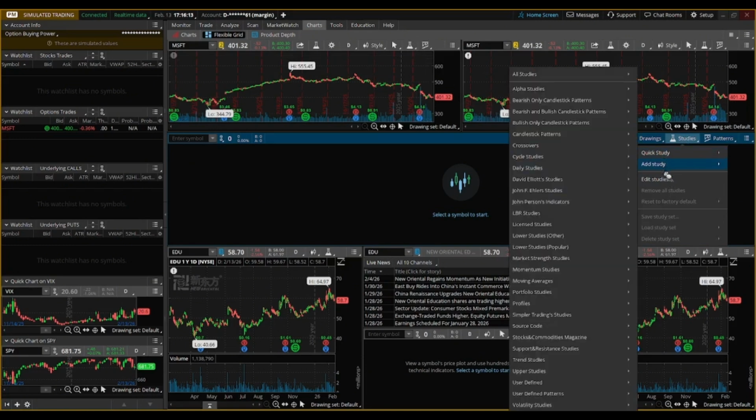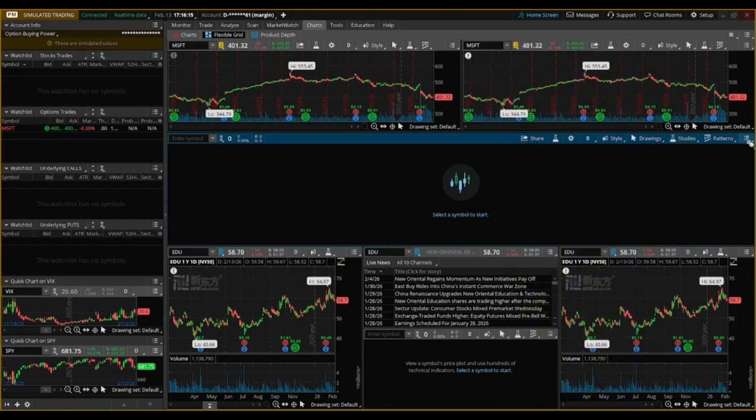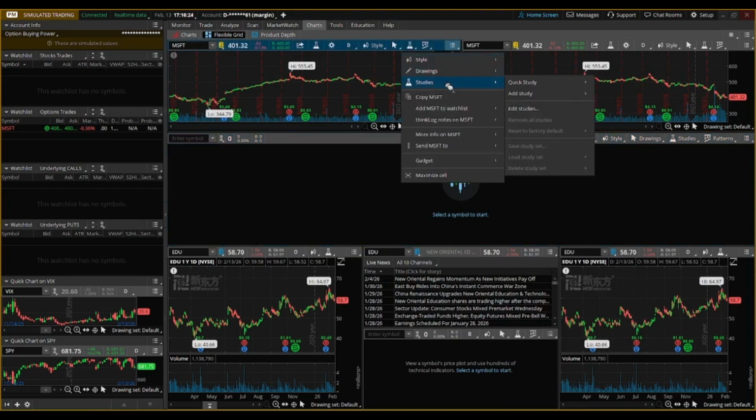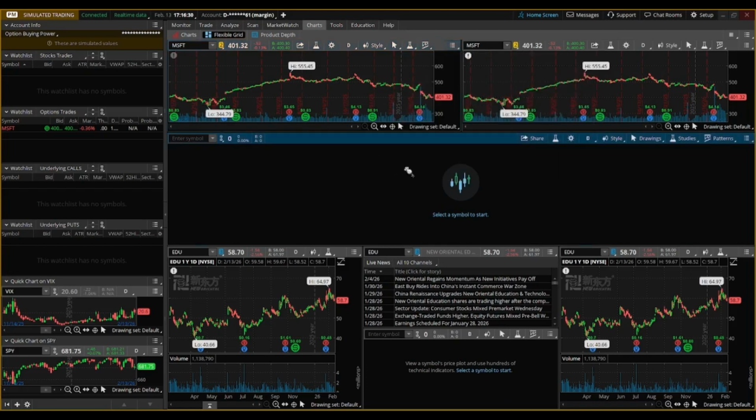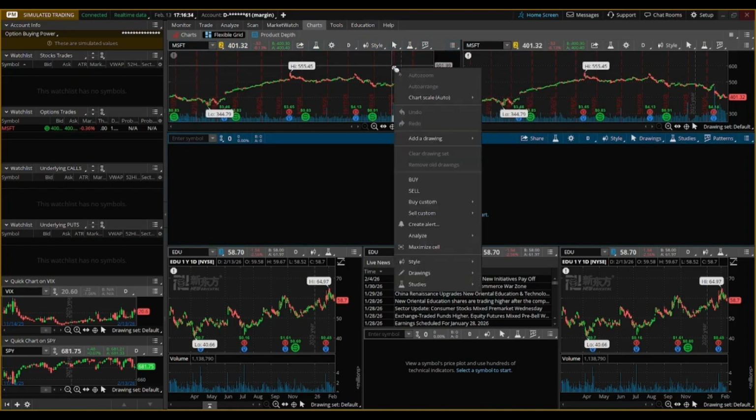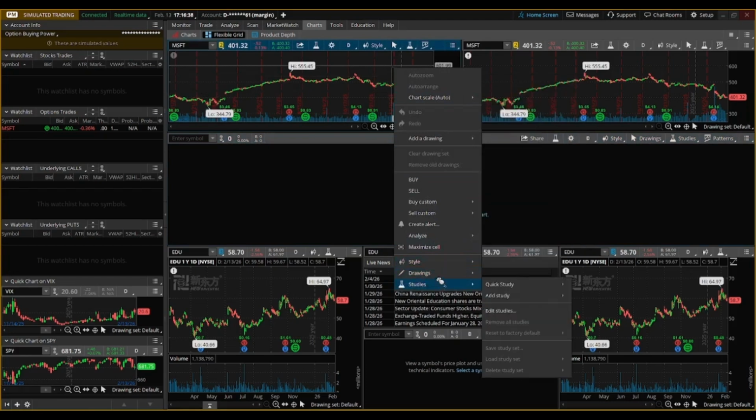Method 3. Chart menu. See the 3-bar hamburger icon at the far right of the chart bar? Click that to open the complete chart menu. From there, go to Studies, then Edit Studies. It's in the submenu near the top of the list. Method 4. Right-click. Right-click anywhere on the chart itself to open the same complete menu, but the order is reversed. The submenus will be near the bottom of this menu instead of the top.